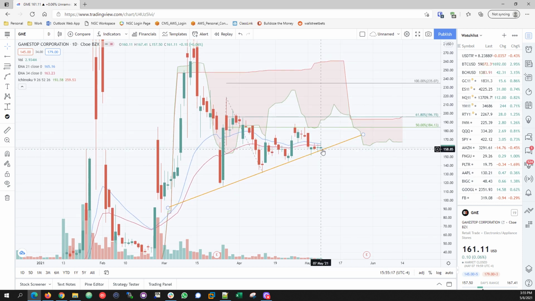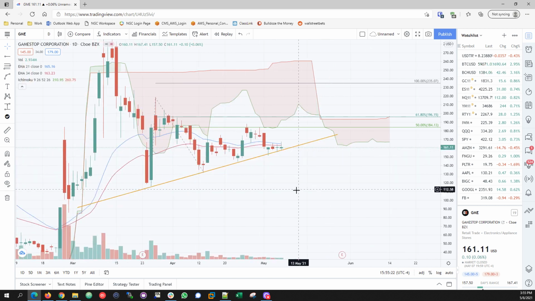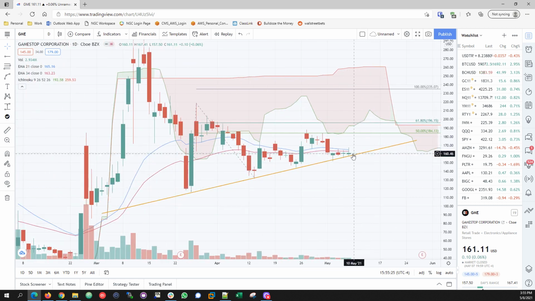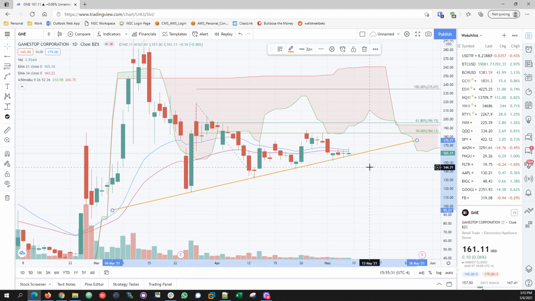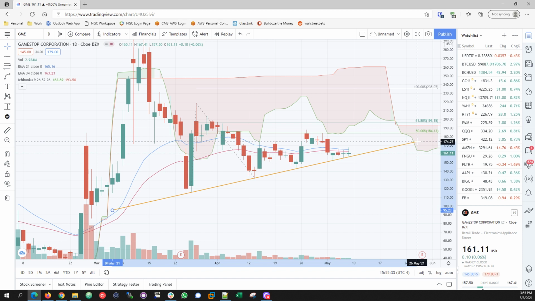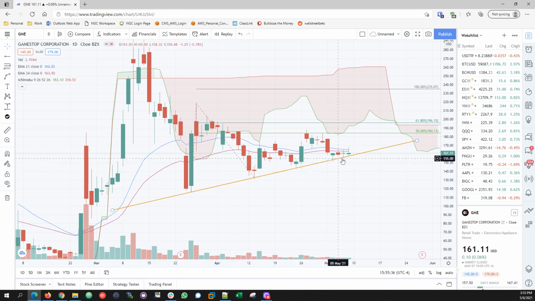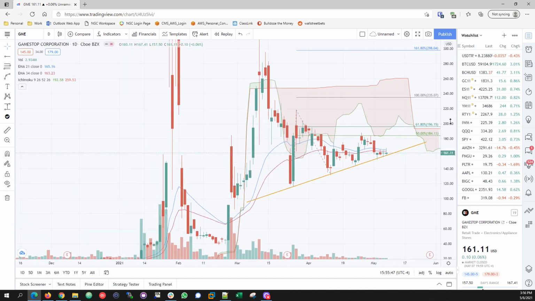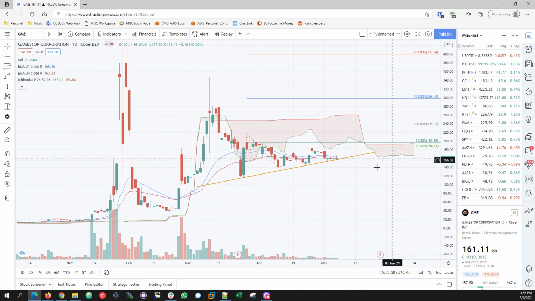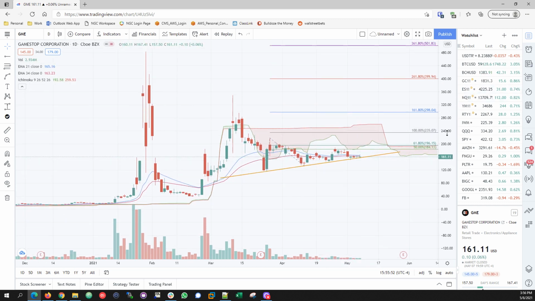If it loses this trend line, forget it. Then you're going to go down to the 130s. When I say it has a potential of going to 184, it must maintain this trend line. As long as you're above this trend line, the orange line that I drew, you're fine. You're going to push back to 185 and try to break above that. However, if you lose it, I would do a tight stop on this, because you know how GameStop moves when it goes down big, when it goes up big. So you want to maintain this trend line.